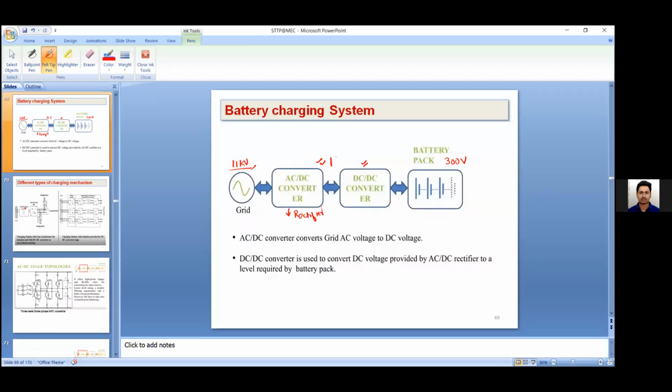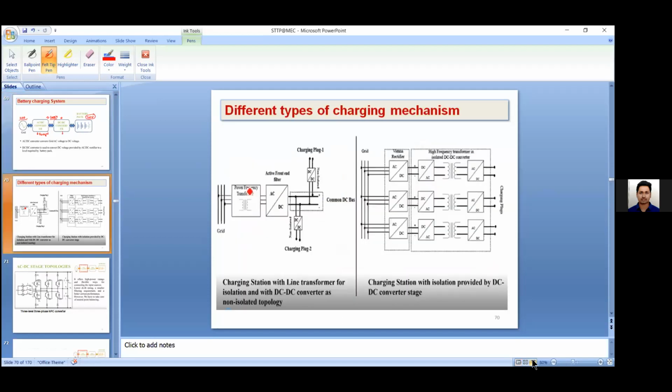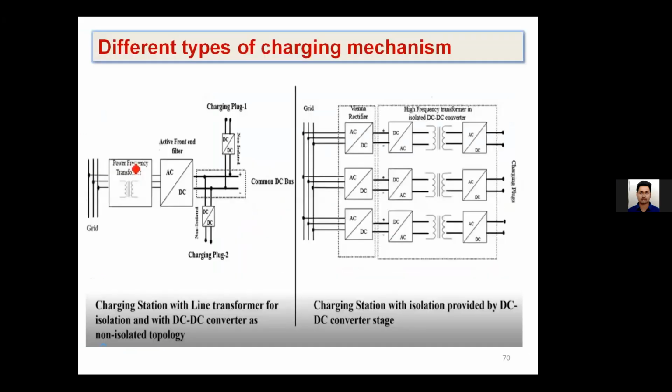Suppose we are getting some 1000 volts here, for example. Whatever the DC we get here is 1000 volts, but here we require only 300 volts. So again, we need to step down the voltage. That's also possible. We can step up the voltage and step down the voltage. Here we have some different converters where we can regulate, increase or decrease the voltage accordingly, based on the requirements. So let us see the different power converters.